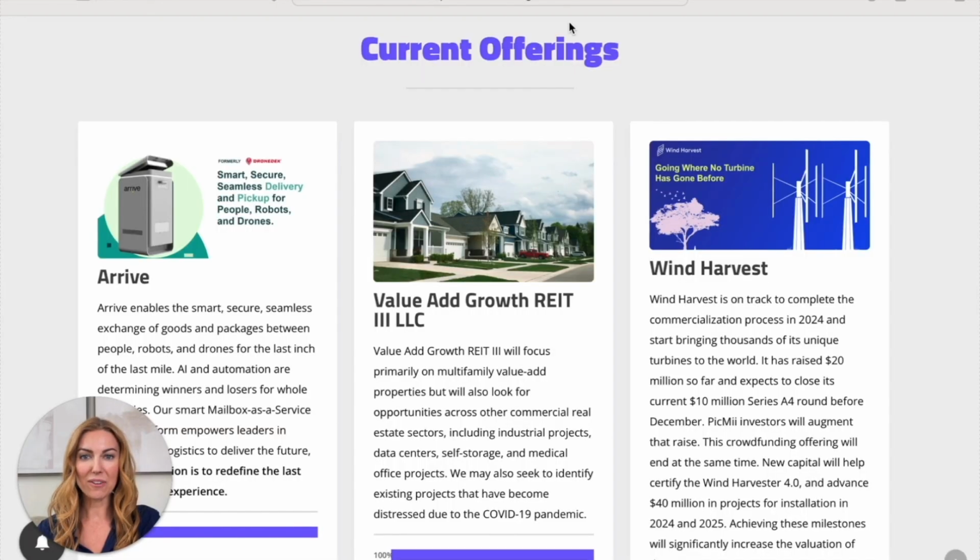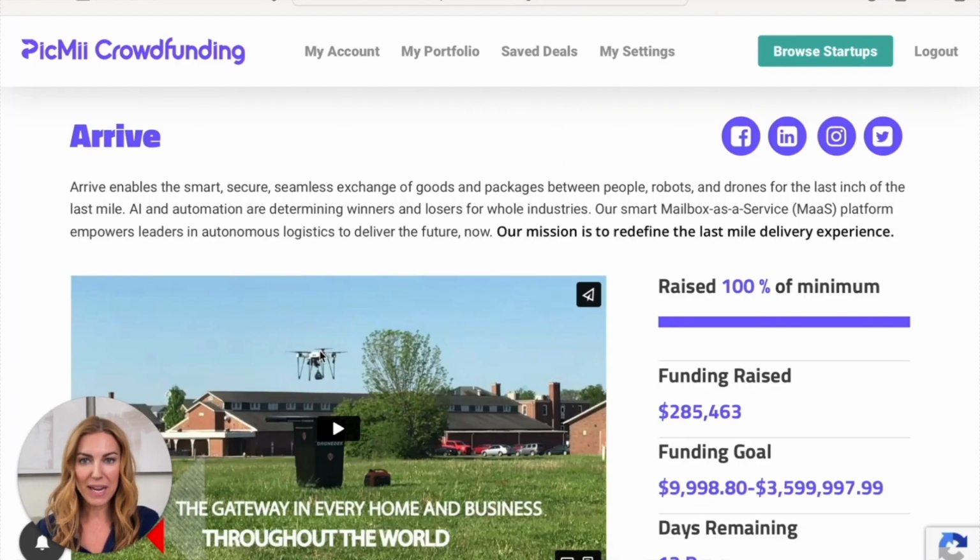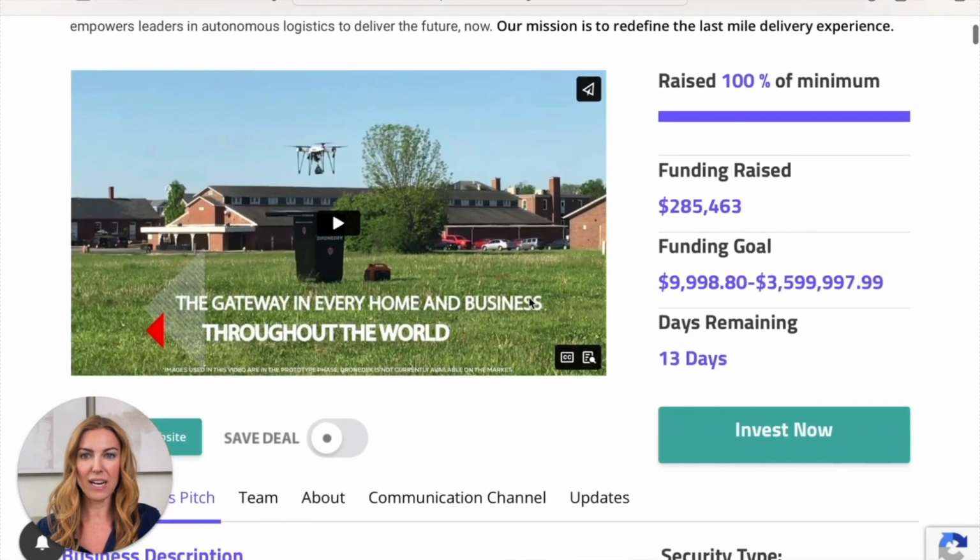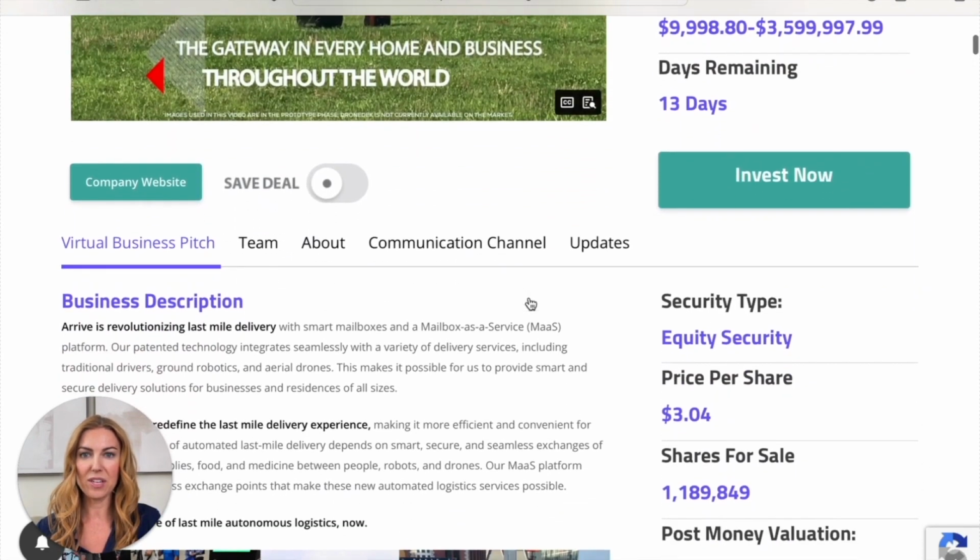You're ready to invest. I'm gonna make it easy for you, and let's walk through the process together. After browsing the current offerings, select one that interests you, then use the investment page to further research the offering. So here, if you scroll down, you'll find the virtual business pitch, you can find the team, and of course,